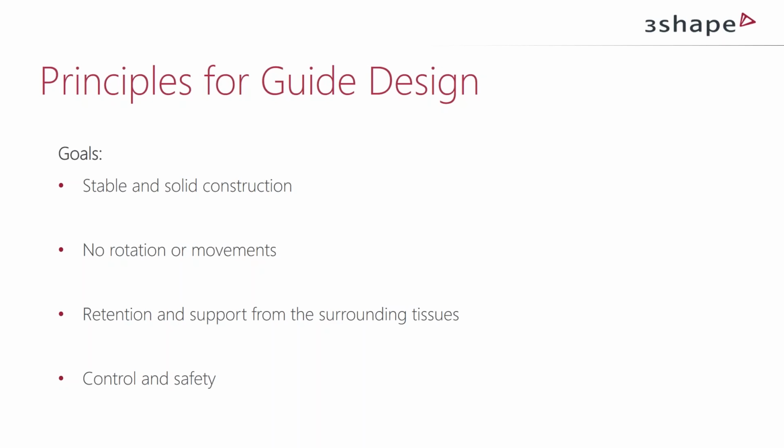And we can place extra bars or handles to make it easier to remove the guide afterwards, and even to fasten a small tether or floss in, so we can have it like a line. If something happens with the guide and the patient is about to swallow something, we can easily grab it and pull it out of the mouth. So we can design the guides in many ways,